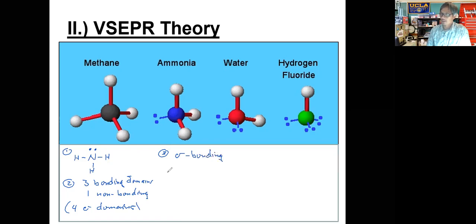Electron geometry, let's deal with that now. The electron geometry is obviously going to be tetrahedral because we have 4 electron domains. The molecular geometry now, because we have 3 bonding domains, in which you have this lone pair right here, we know that the molecular geometry here is going to be trigonal